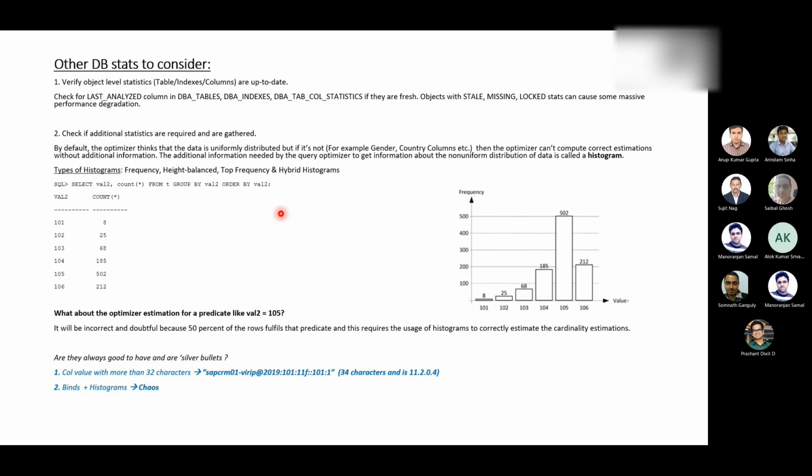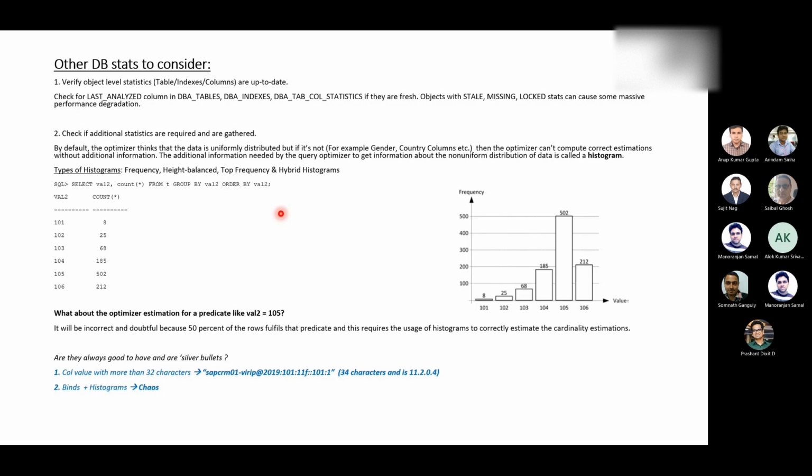So when the number of distinct values, NDV, for the column is less than or equal to the number of histogram buckets, the default is, by the way, 254, then that means each distinct value can be represented by its own bucket. So for example, if you go with a default statistics collection, where you're not passing in any method_opt or anything, then frequency histograms get created automatically.